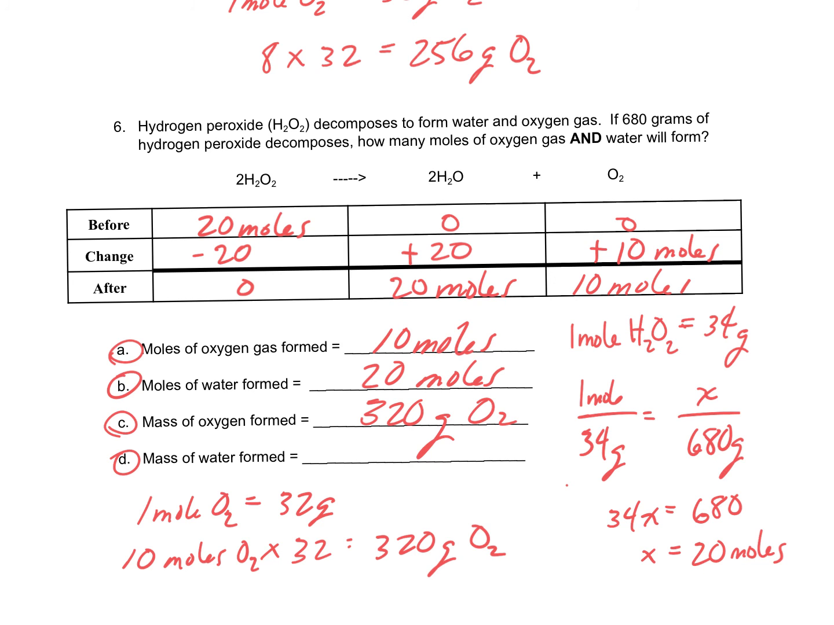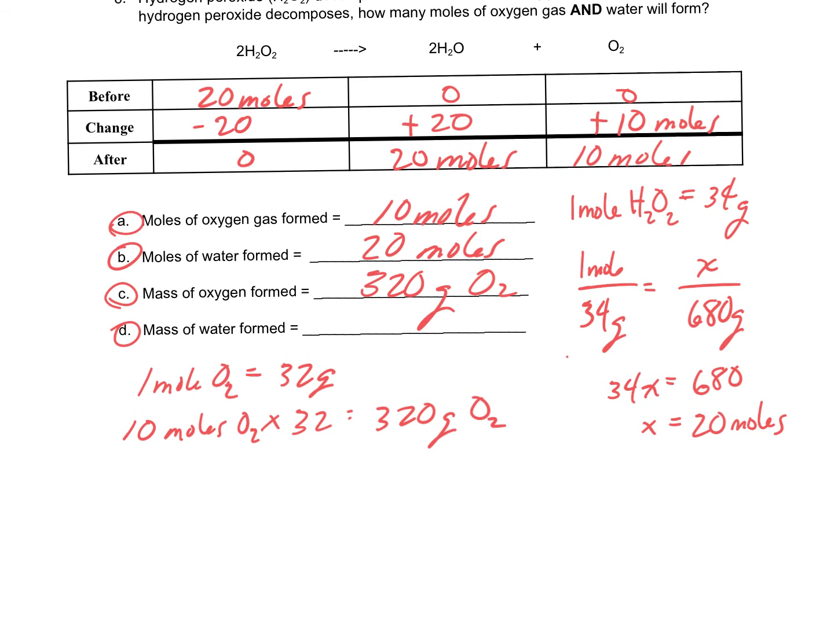The mass of water that is formed. Okay, the amount of water that we've made is 20 moles of H2O. Maybe I should first say that 1 mole of water is 18 grams. Okay. All right. So 20 times 18 is going to be 360